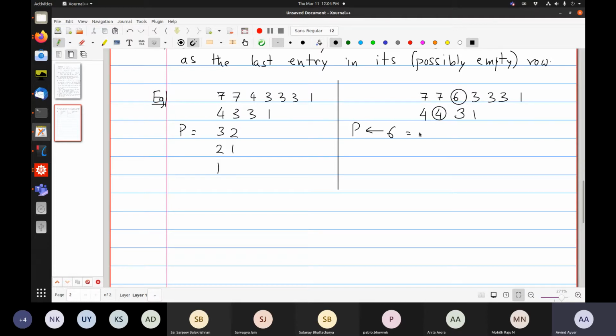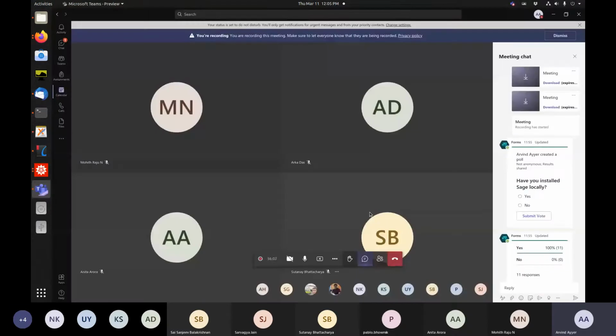So 4, 4, 3, 1, and now this 3 bumps the 2 in the next row. So this is now 3, and then this 2 bumps this 1 in the next row, and this 1 that's over here, there's no entry strictly smaller than it, so it goes and adds itself over here. Okay, so this is the insertion path. Is the algorithm clear? Okay,